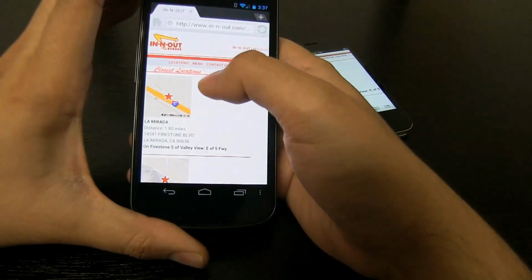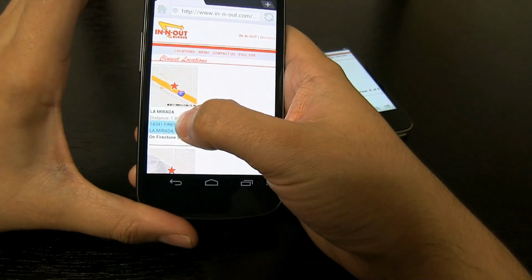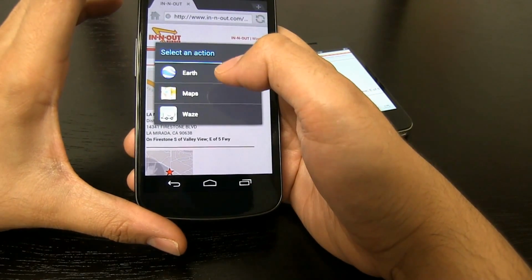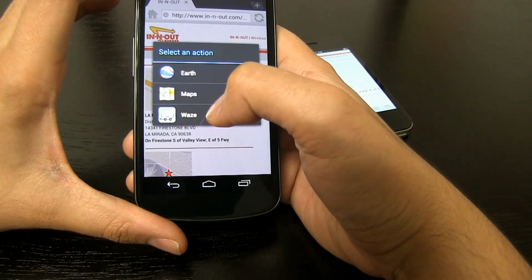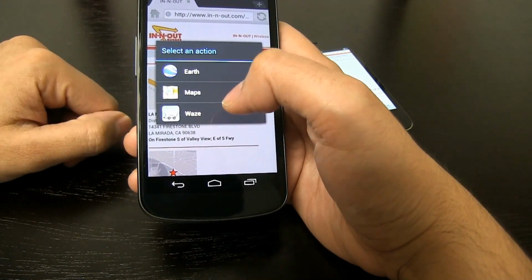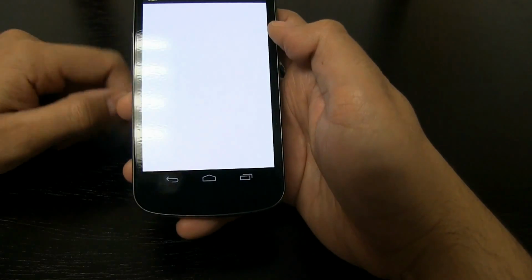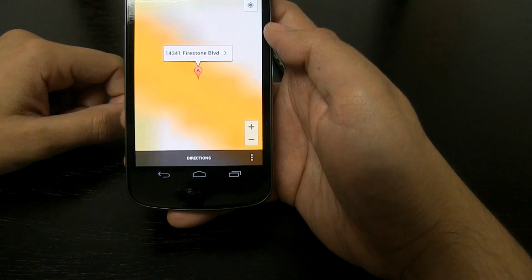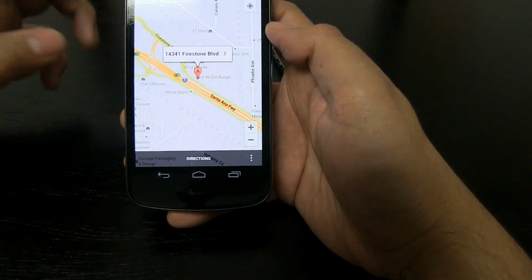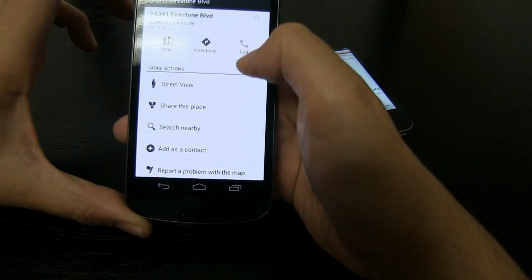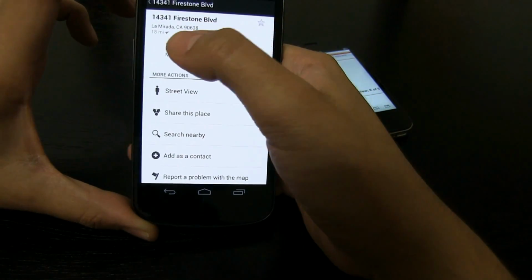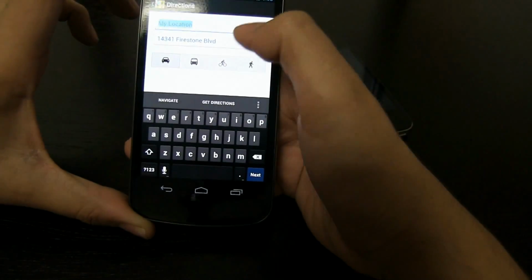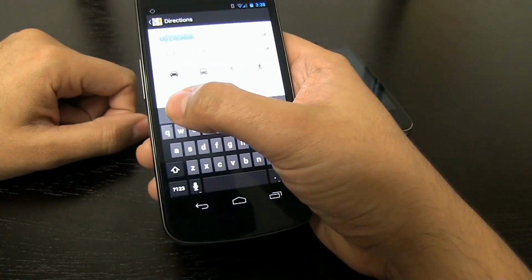With Android, looking at the same page, all I would have to do is hold that down, and it would ask me, what do you want to do with this? Do you want to open it with Earth? Do you want to open it with Maps or Waze? So I can just drive to with the Waze, or let's just see what it looks like in Maps. And then from here, it's going to pinpoint my direction, okay? And I could say, okay, I know where that's at. Perfect. Let me go ahead and I can either call, I can again map it out, look at directions, okay? So if I click on directions, I can say from my location to there, let's go ahead and navigate, okay?